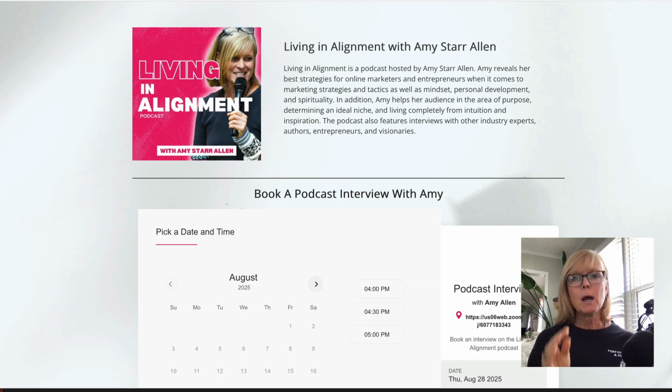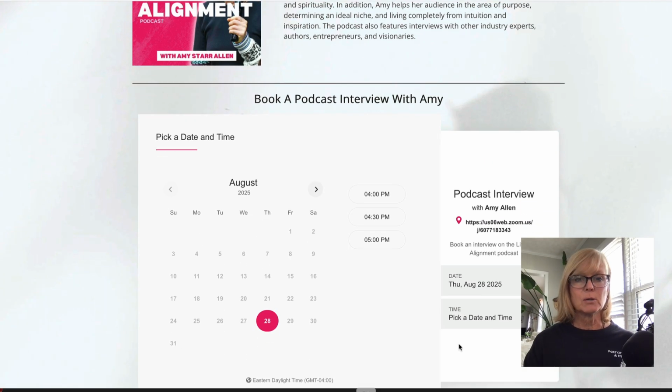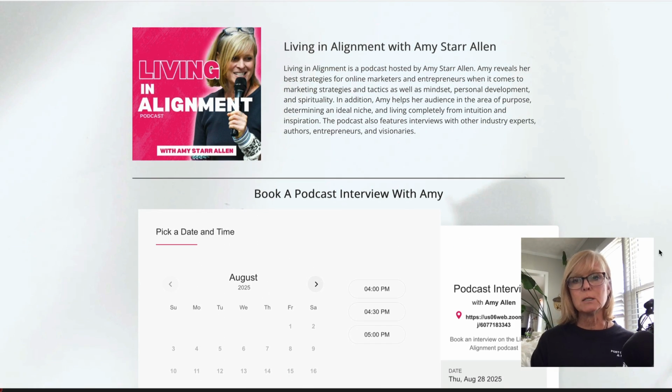If it's a good fit for my podcast, I would just send them a link directly to this page, which also has a booking widget on it, but it's for a different type of event. It's to schedule an interview for a podcast. So this is an example of two separate pages for two different types of appointments that people would be scheduling, right? And you can see the difference is that on this page,